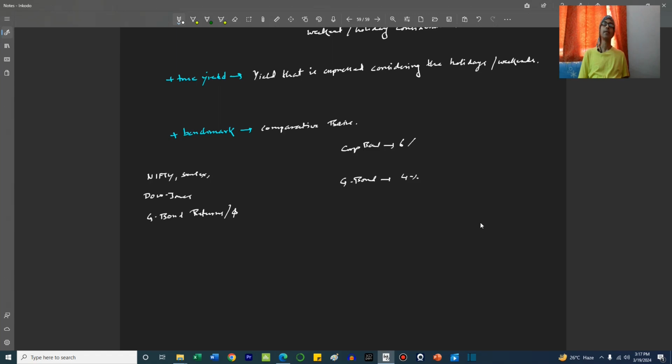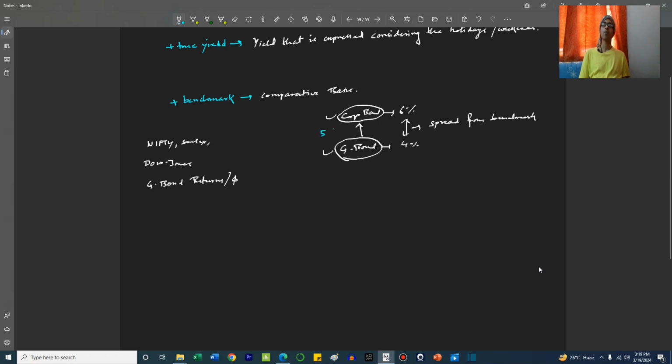can be yielding 6%. It has similar qualities, like similar tenor, similar kind of coupon rates, but this is a difference. Now this spread is called spread from the benchmark, provided this government bond is being used as a benchmark for this, right? This government bond is used to compare the performance of the corporate bond. In that case, this difference of yield will be called the spread from the benchmark. Now let's say this difference is for a 5-year bond,